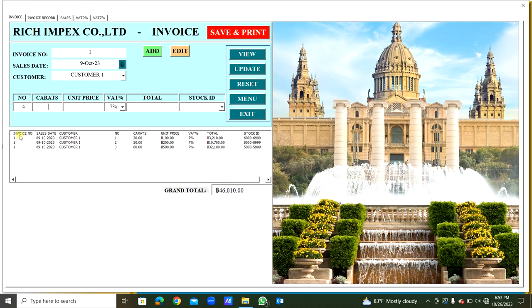And this is in the invoice number 1, sales date, customer. These are same data. Number 1, 2, 3, carats, unit price, VAT percentage, total, and stock ID. Okay. Before that, if you want to change this number line 2, we have to select that one. After selecting that, we are not going to change these details. We are going to change only carats, unit price,